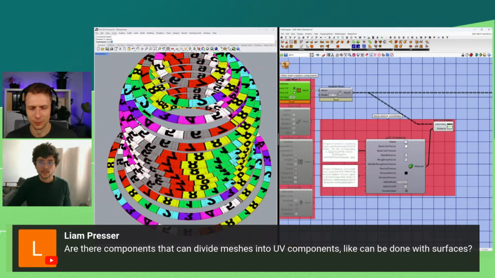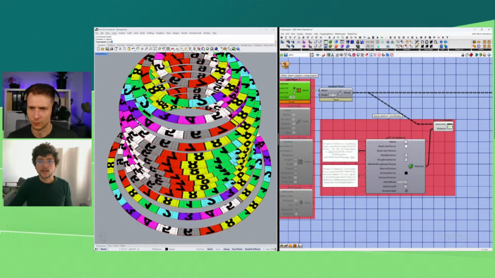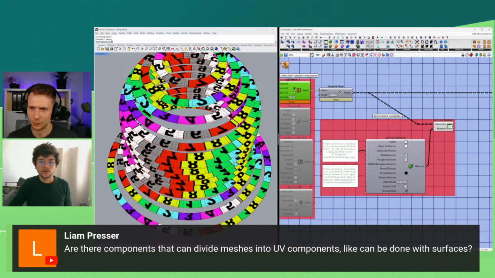If it's about UV coordinates of the texture, there is a component in ShapeDiver called the extract mesh UV component, and this one will show us how, in 2D, the UVs are being laid down.